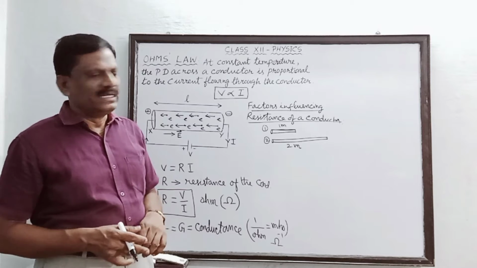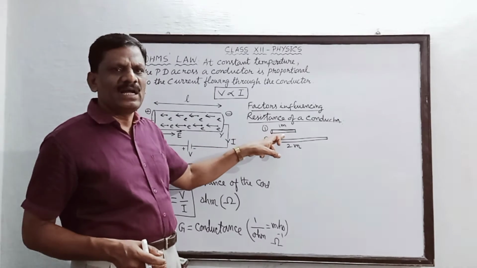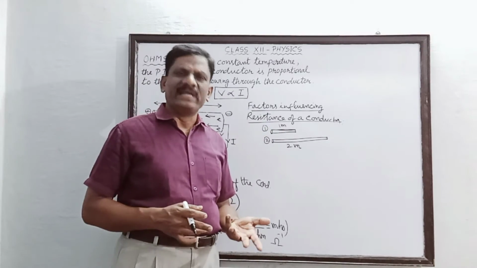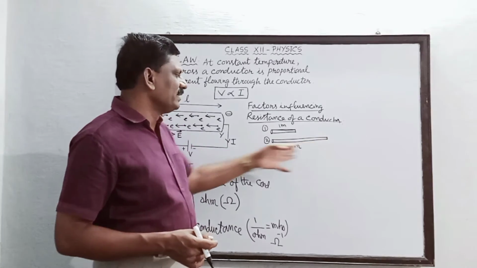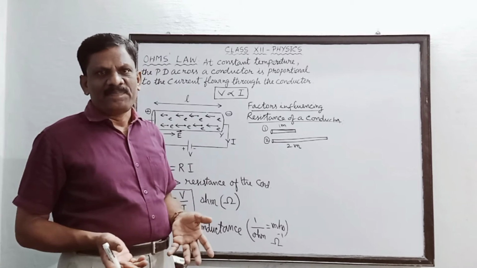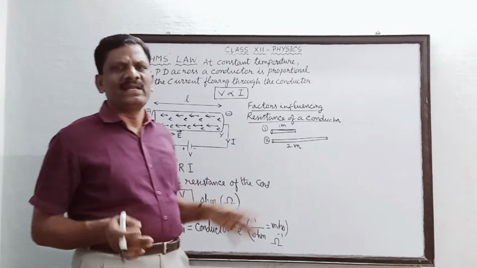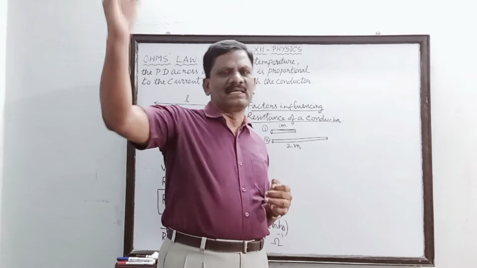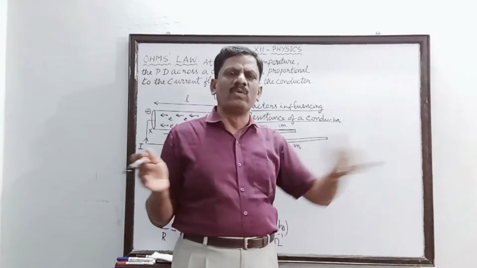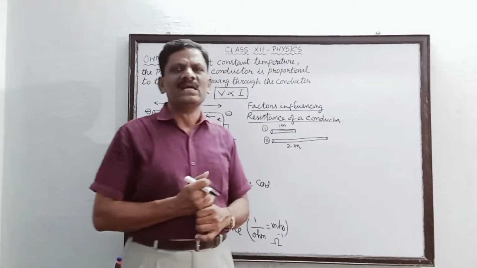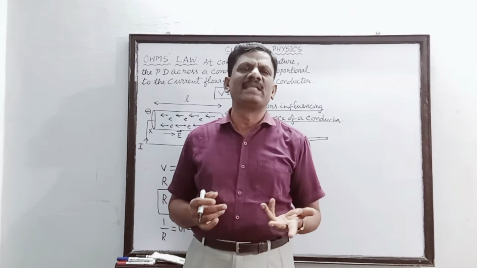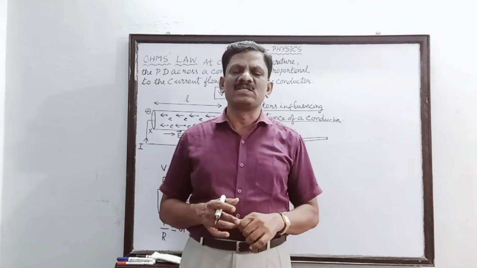So naturally, if the length of the path is very small or short, very few collisions only the free electrons must have encountered, and if the length of the path is very large, then more collisions should have taken place. A simple example I can compare is the number of speed breakers in a road. If the road length is less, only a very few speed breakers the automobiles will come across. Suppose you take a very long distance, many speed breakers must be there, meaning the opposition to the speed also will be more.